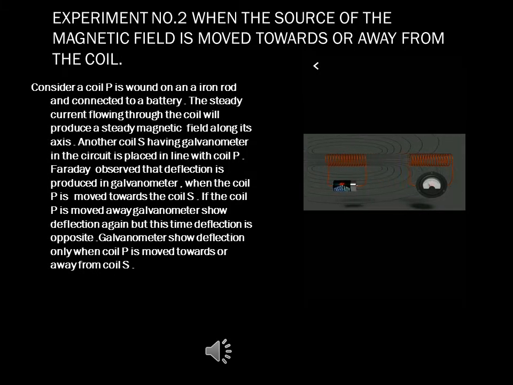In the first case, there was a flux linkage in the second coil from the first coil, but no voltage induced in the second coil. In the second and third cases, there was still flux linkage in the second coil from the first coil, but the flux linkage was changing due to movement of the coils. So we can now conclude: whenever a coil or any other conductor comes under the influence of changing magnetic flux, a voltage is induced in it.